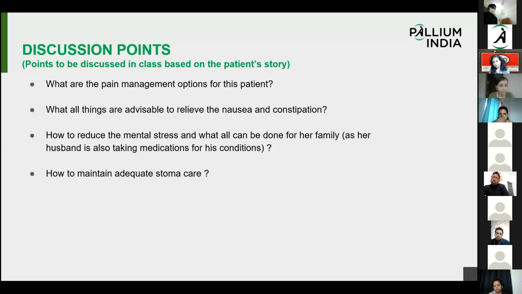So maybe I don't know about the other states, but in Kerala we have the NCD clinics which provide free medications. The problem is that the patients might be consulting a private doctor and getting all the medications, which may not be received from an NCD clinic. So it's very important that if they can approach, all the PHCs will have an NCD clinic, I guess. I'm not sure about the other states. Someone can actually enlighten me on that.